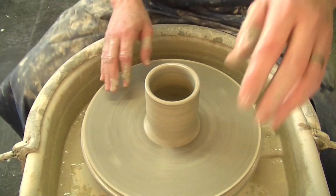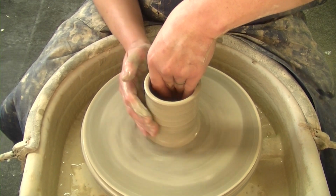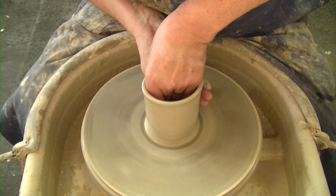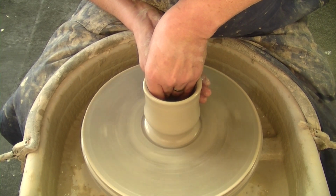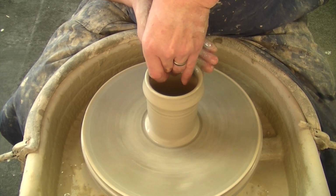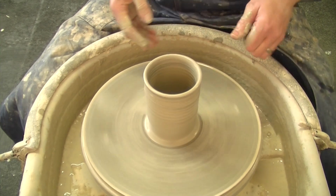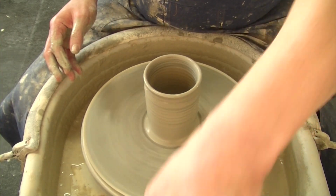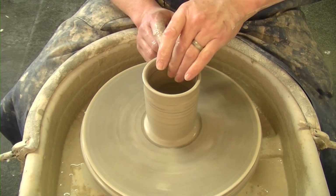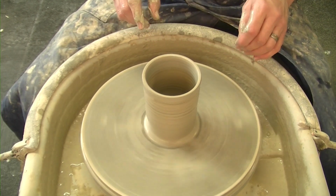Now I'll lose a bit of speed. Some water on the inside and the outside. So now we're looking for a little bit of height. Drag that clay up. Right. So we're nearly there. And this time, stabilise that top. And I'm thinking one more, because it's